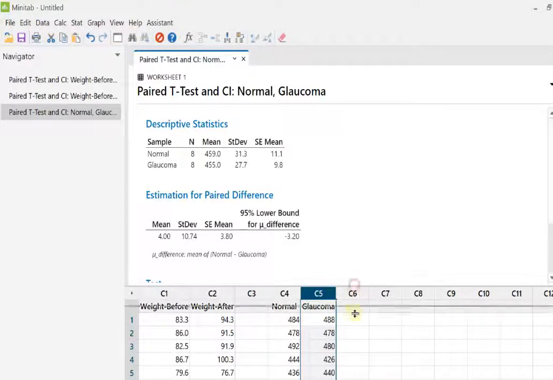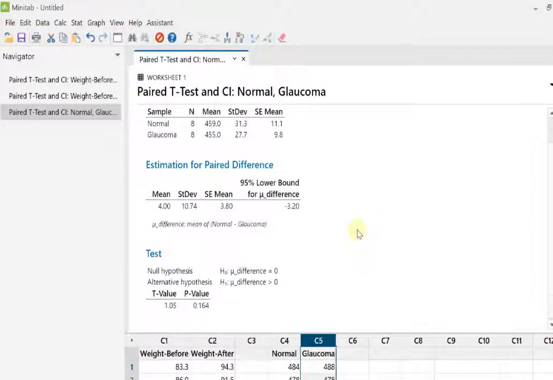Let me lower this window. And there you go. That's how I got that 0.164, the p-value. Now notice again, because this is a right tail test, this time the lower bound for confidence interval is that, but that's a one-sided confidence interval based on the alternative. I did an 80% confidence interval, so let me do an 80% confidence interval.